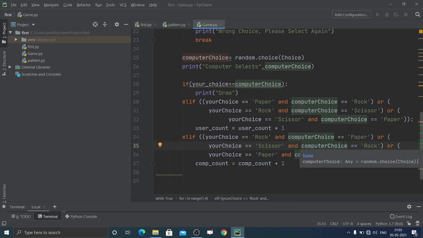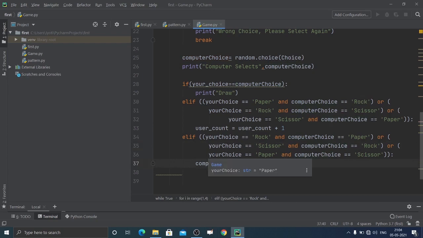These are logical operators. If you remember, and checks for both conditions, and or checks whether any of them is true. So these three conditional statements will choose the winner for that specific round.